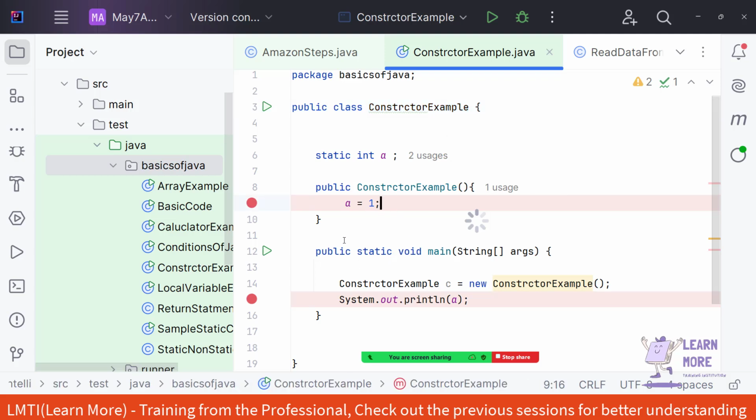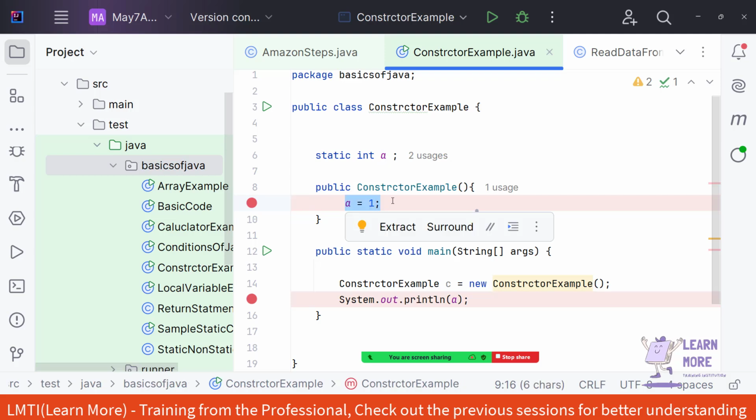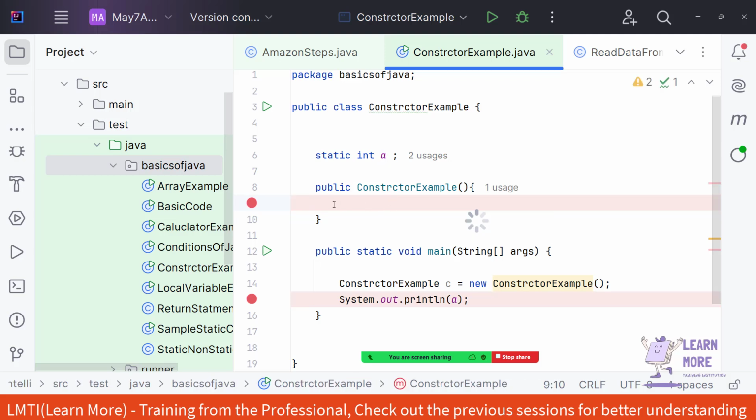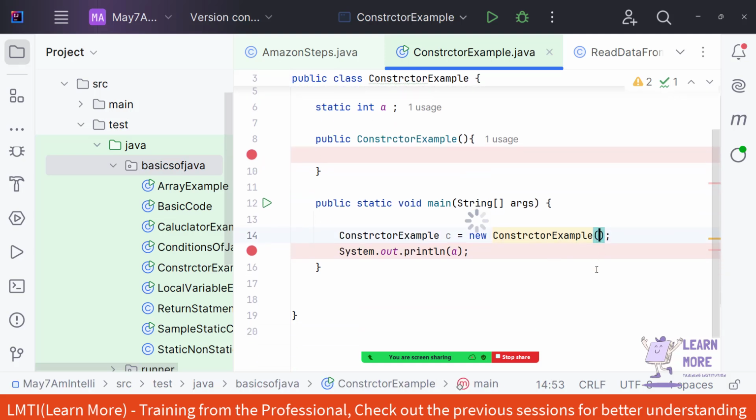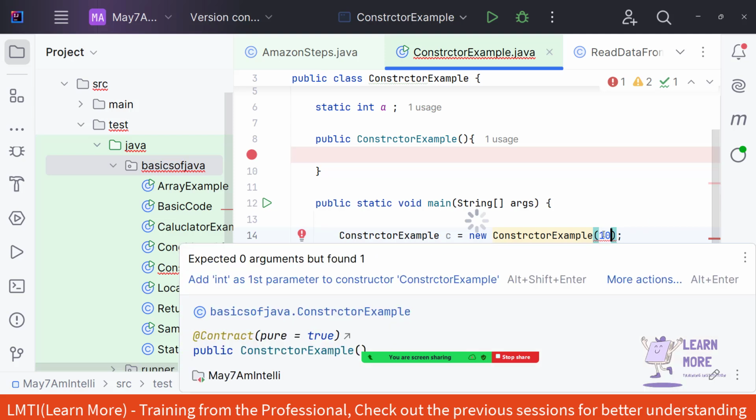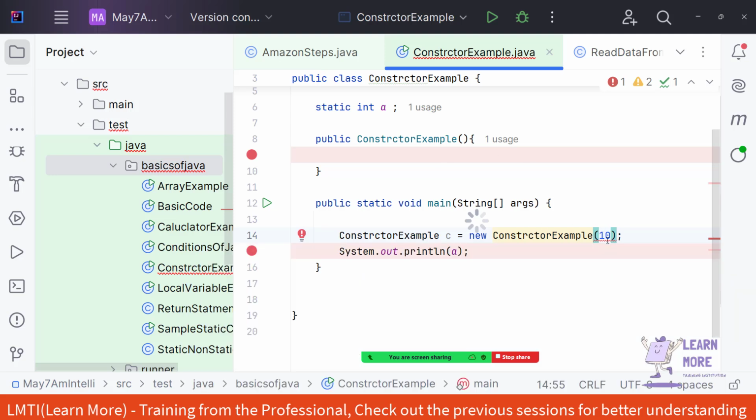Okay, so now assume that we are having two things. Rather than assigning the value of a inside the constructor, I'm passing the value of a during the object creation. Let's say I'm just passing the value 10. Now after passing the value 10, it is throwing me an error, because whenever we